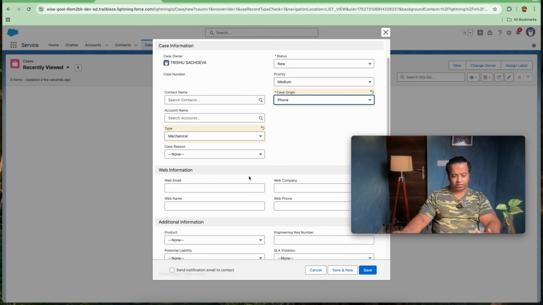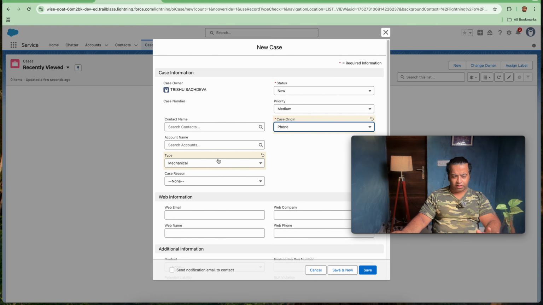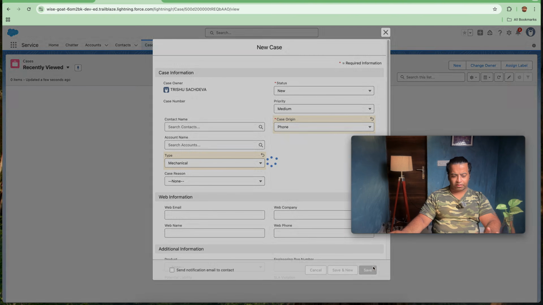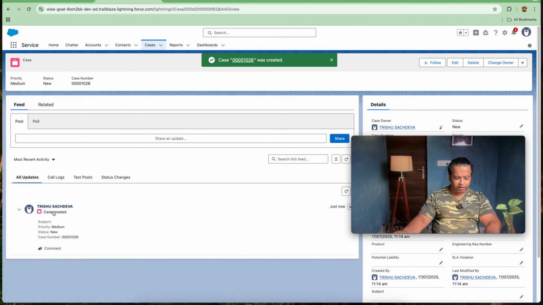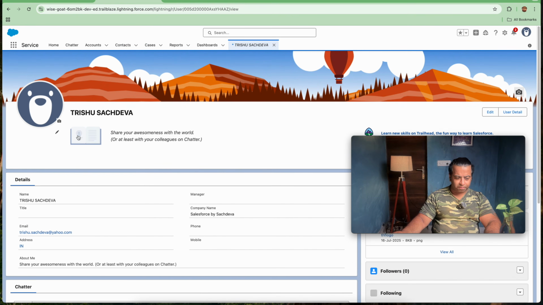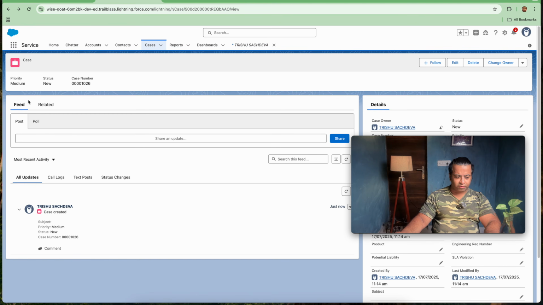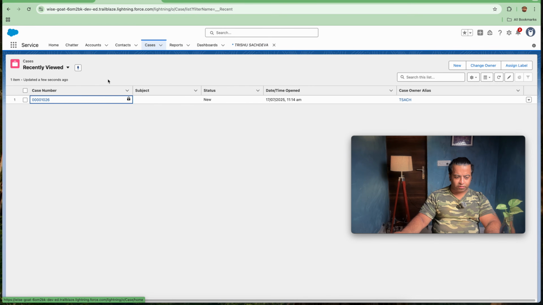I'm not setting anything else, so it is asking for status, and I'm saving it without. You will see that the priority has been set to Medium. Why has it been set to Medium? Is the trigger working?